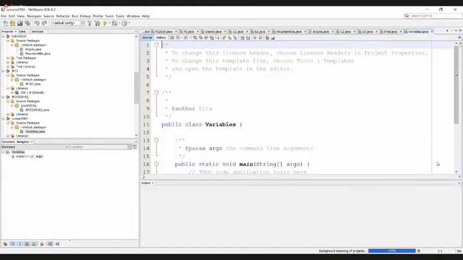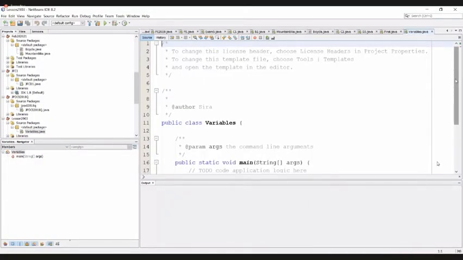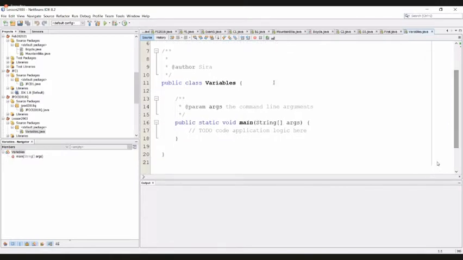Then you will be directed to this source window. We can see the class name is appearing as public class variables. Then you can find the main method as public static void main String args, right?